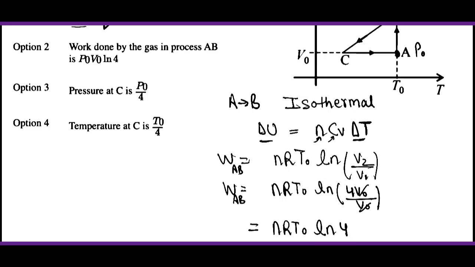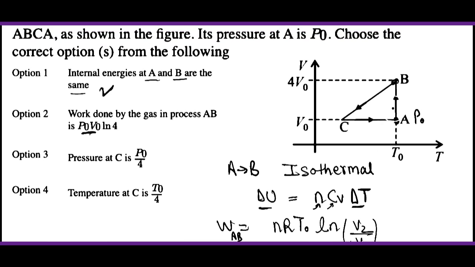अब ये वाला ऑप्शन इससे तो मैच नहीं हो रहा क्योंकि यहाँ P₀V₀ है, पर क्योंकि हमें पता है आइडियल गैस इक्वेशन क्या होती है, PV इज इक्वल टू nRT होती है ना। तो यहाँ हम nRT₀ अगर लिखें इसे, nRT₀, सॉरी यहाँ R₀ नहीं T₀ आएगा, तो इसे हम P₀V₀ लिख सकते हैं।